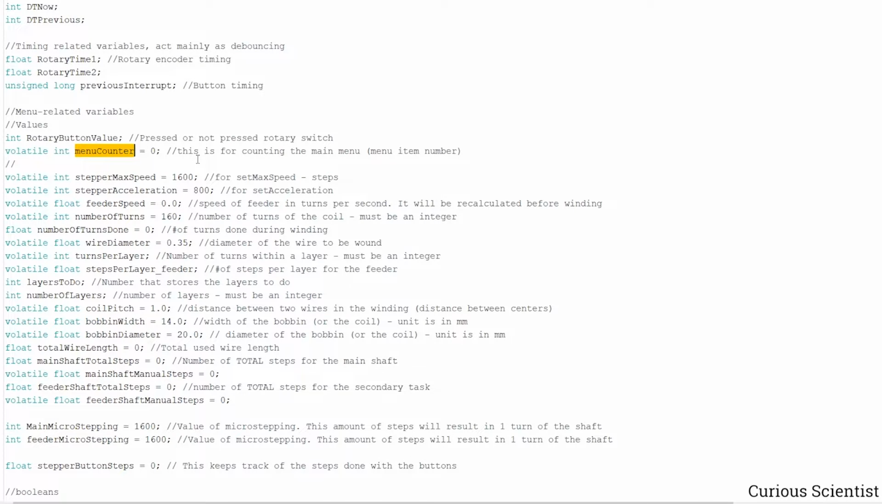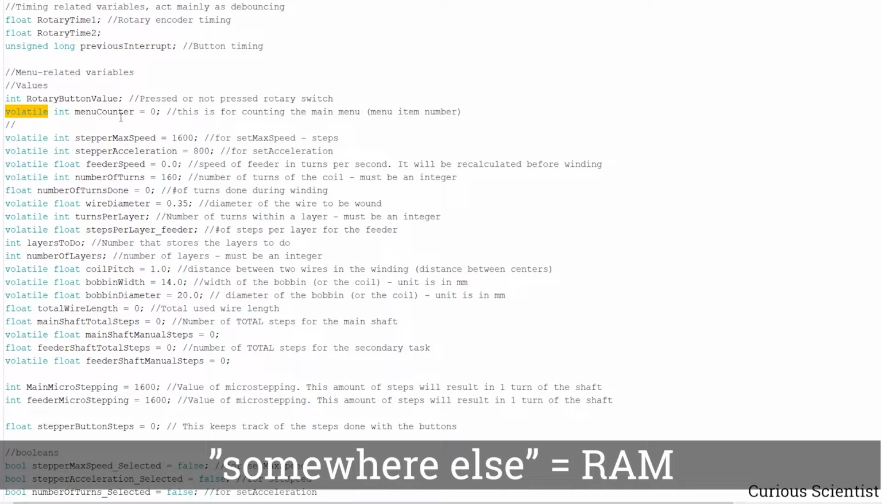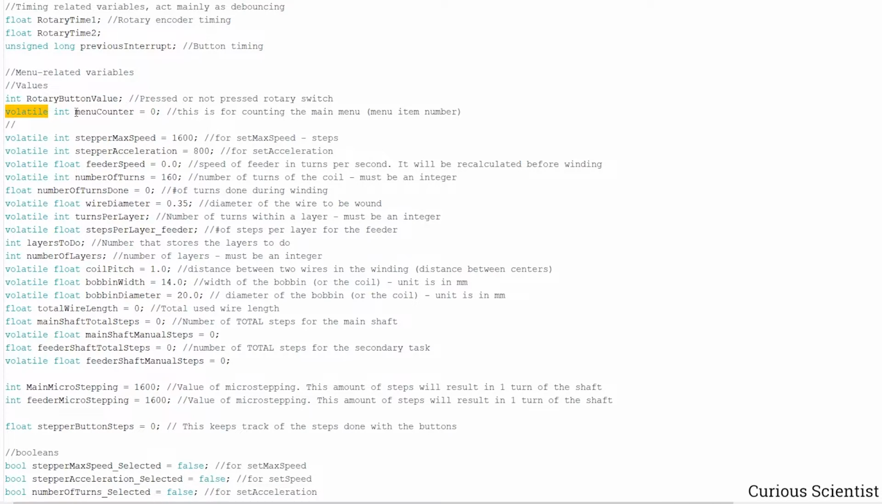And this is where we store this. And you might have noticed that this is volatile. It is volatile because we change this variable within an interrupt routine, and then you have to tell the compiler to store this variable somewhere else, so therefore it is volatile integer and not simple integer. So we have the max speed, and this is for the main shaft, which turns the bobbin,